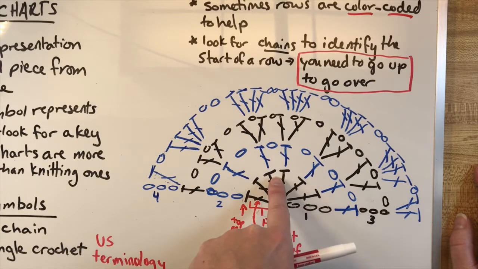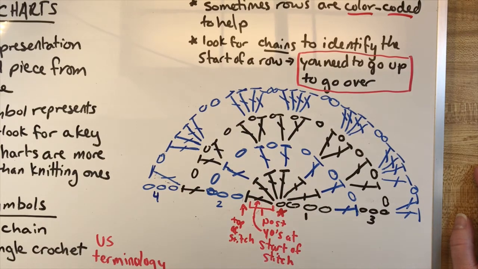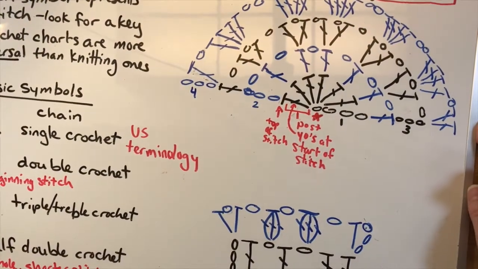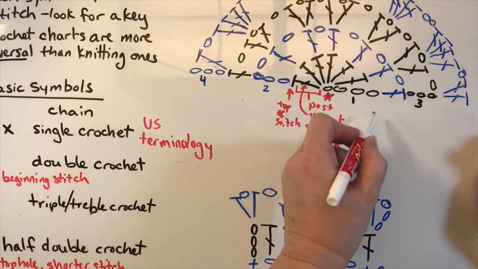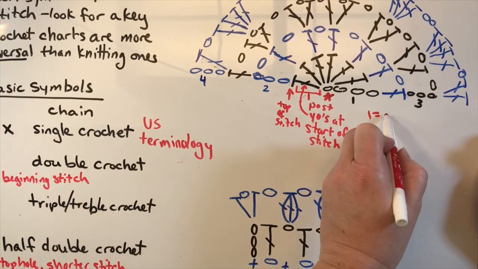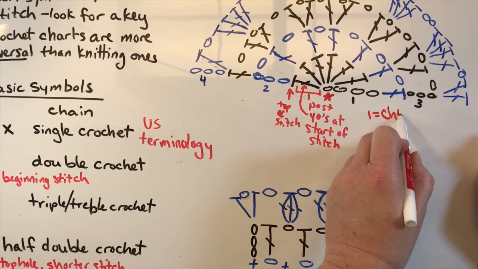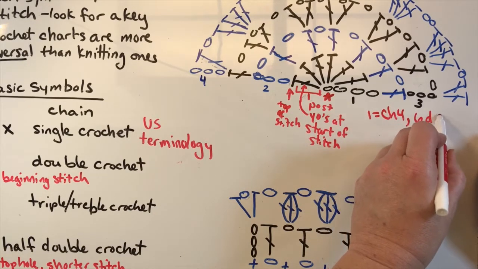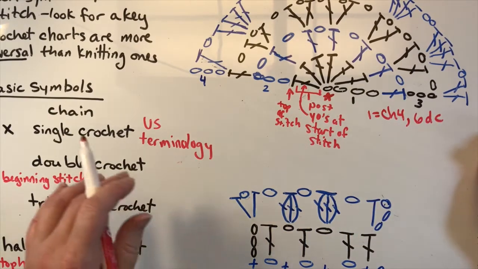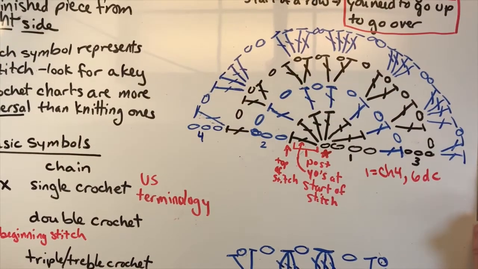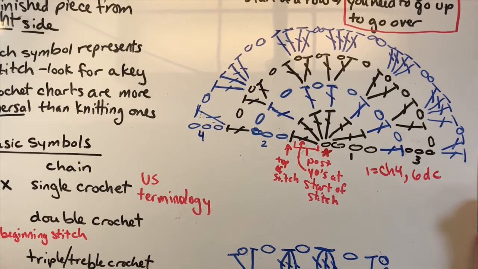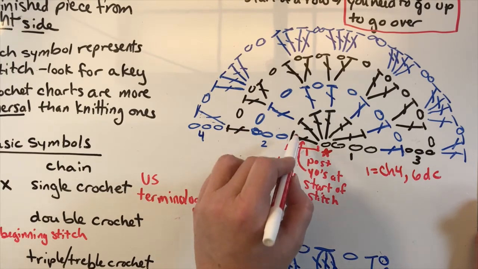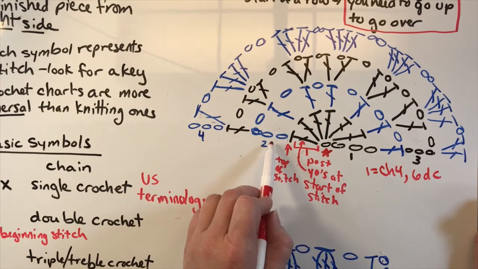1, 2, 3, 4, 5, 6. If I tried to write row 1, I would say it is chain 4 and then 6 double crochet. Let's look at the next one. Sorry, I keep moving this around on you guys. Try to keep it in the viewpoint here, right? That means you end over here, right there, with your 6 double crochet, and then we're going to start doing